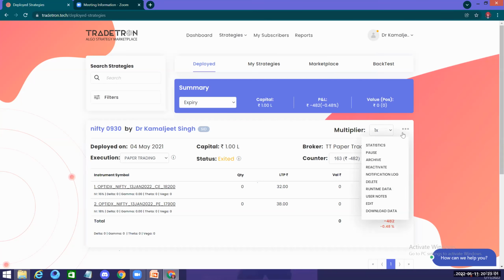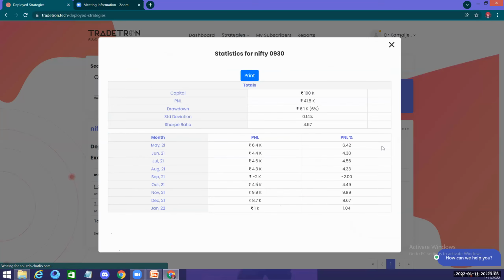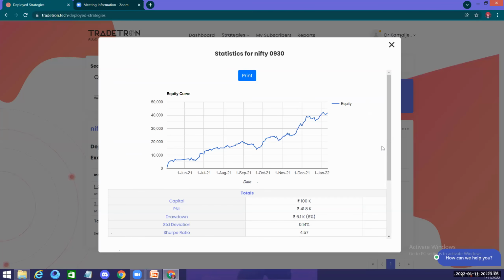And now let's go and see the statistics. I'm not done. Please, I'm not done at all. I'm just here to tell you. Now you see, throughout it, the graph went up and down, and you can draw a trend line also like this. It is respecting that trend line also.